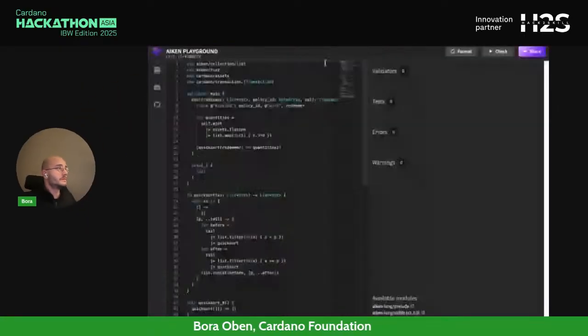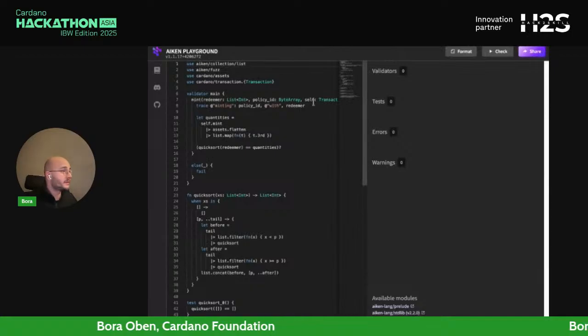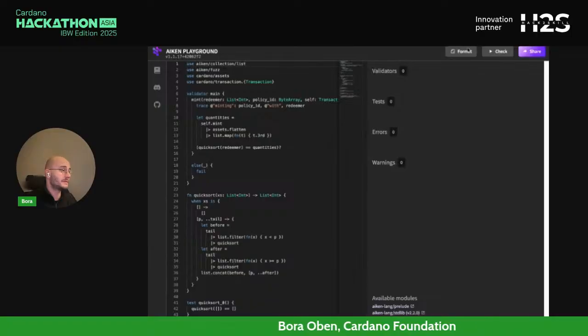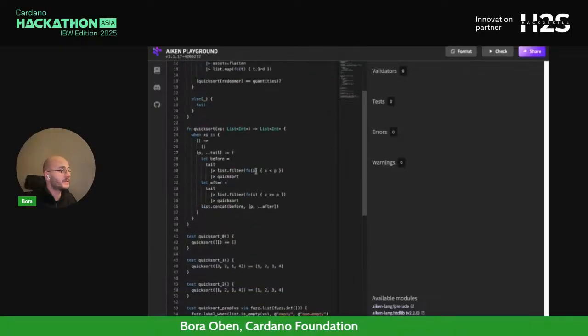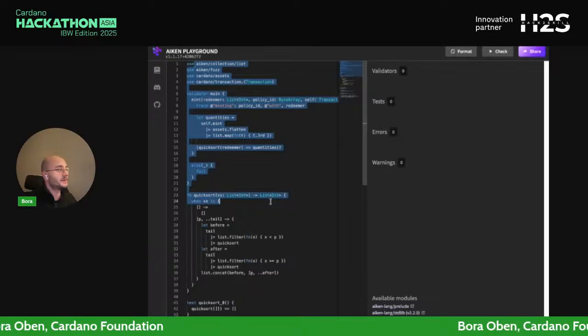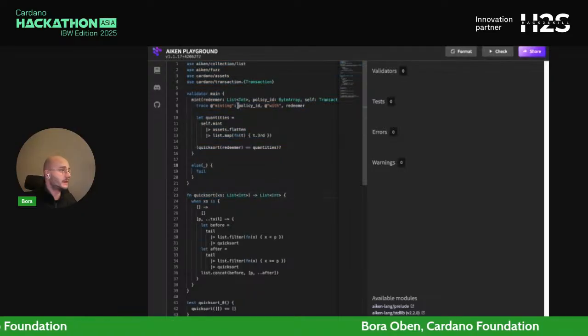So right now you should be able to see the playground, which is essentially just the playground as you are used to as developers. This is where you come and experiment with Aiken for the first time. Really likely this is a template smart contract, for example.